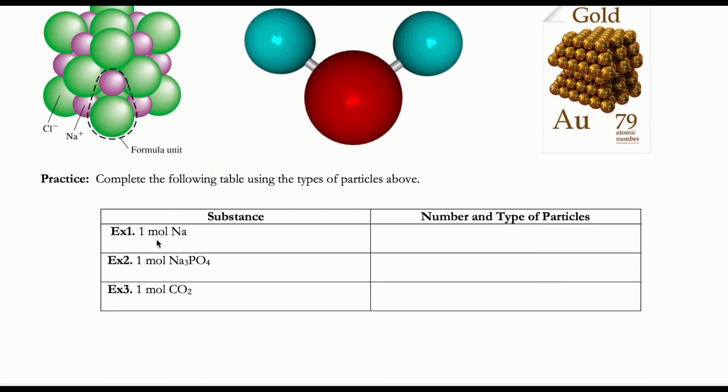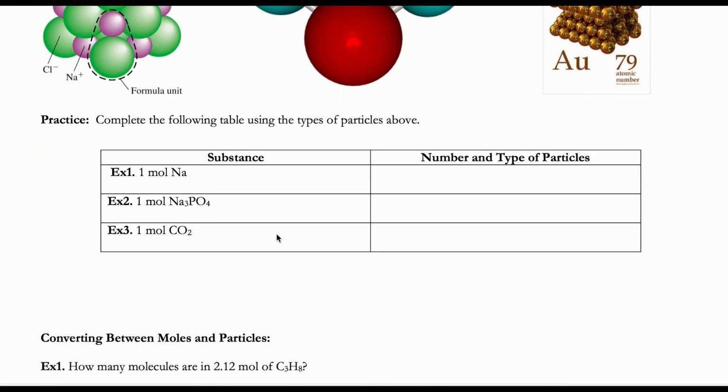All right, if I tell you I have 1 mole of Na, how many and what type of particle do I have? Well, I know 1 mole tells me I have 6.02 times 10 to the 23rd. And notice, since it's just an atom all by itself, I'm going to say that I have 6.02 times 10 to the 23rd atoms. Notice how large 6.02 times 10 to the 23rd is. I would have to write 602 and then add 21 zeros after it in order to write it in standard